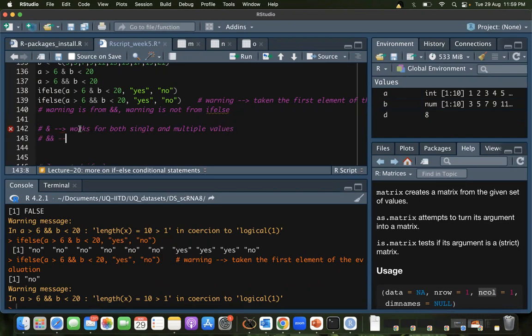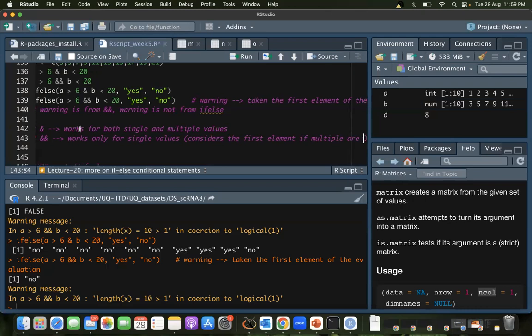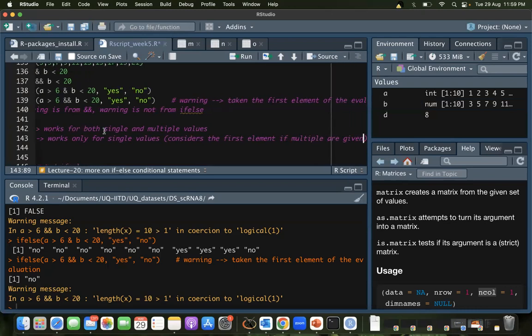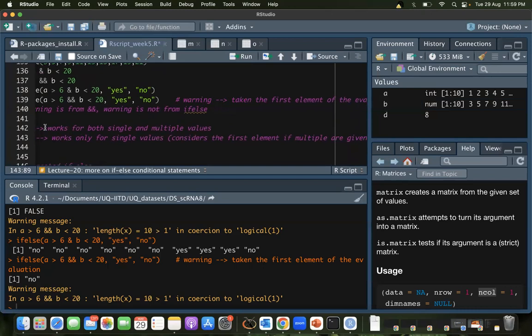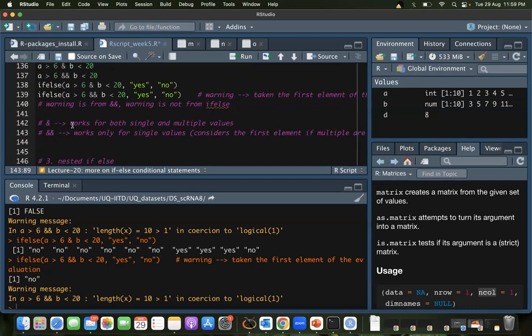But a double AND works only for single values, and it considers the first element if multiple are given. That's what we just discussed. Since single AND works for both cases, it's good. I mean, it serves the purpose, right?